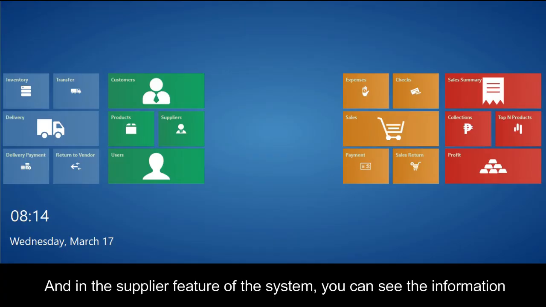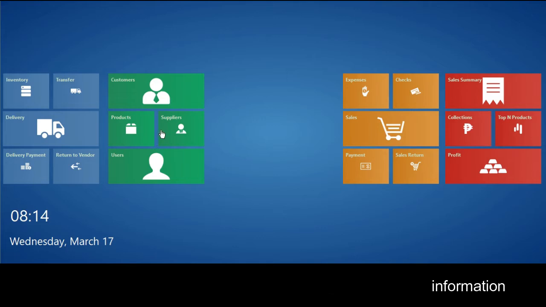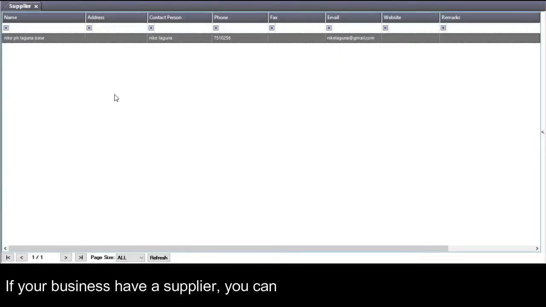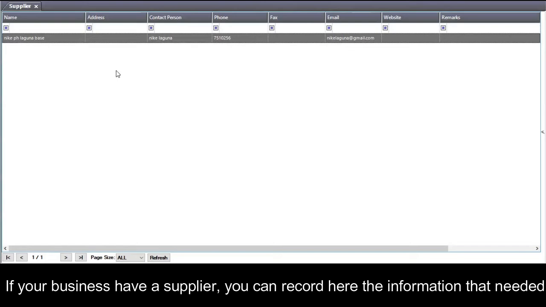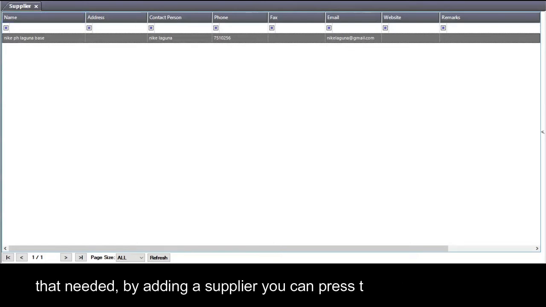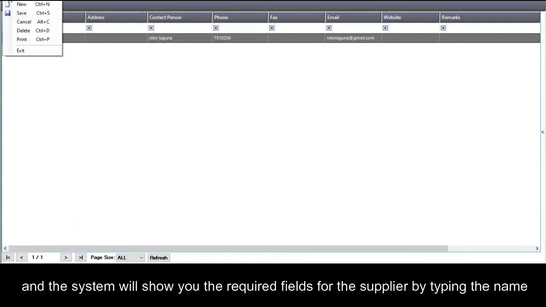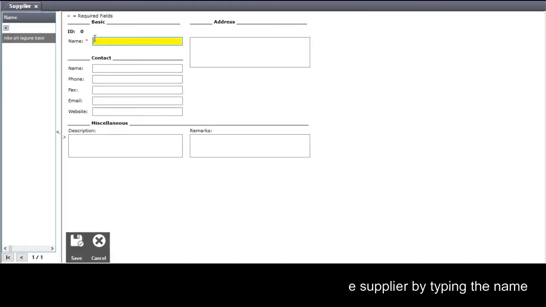In the supplier feature of the system, you can see the information and records of transaction of the supplier in your business. If your business have a supplier, you can record here the information that needed by adding a supplier. You can press the shortcut key Ctrl+N, and the system will show you the required fields for the supplier by typing the name,